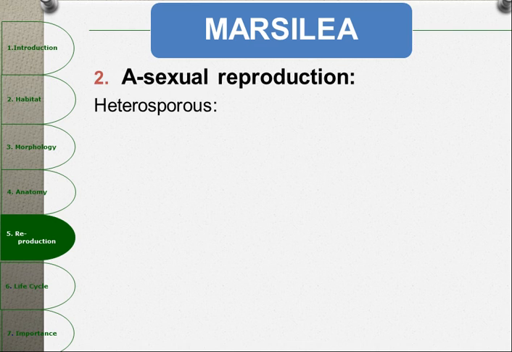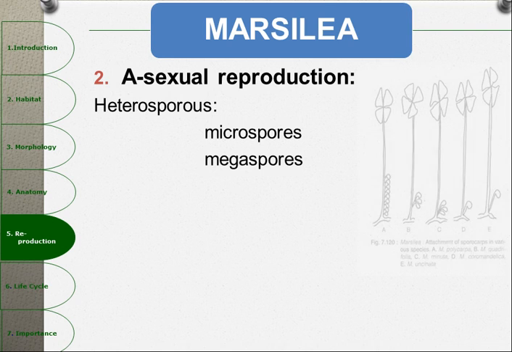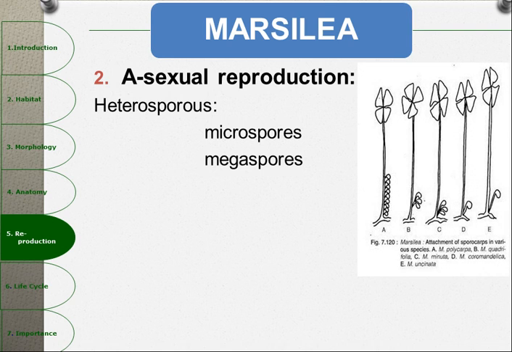In the asexual type of reproduction, Marsilea is heterosporous. Heterosporous means producing two types of spores, that is microspores and megaspores. These microspores and megaspores are produced within the spore-containing body, that is the sporocarp. And you can see these sporocarps are attached to the basal part of this